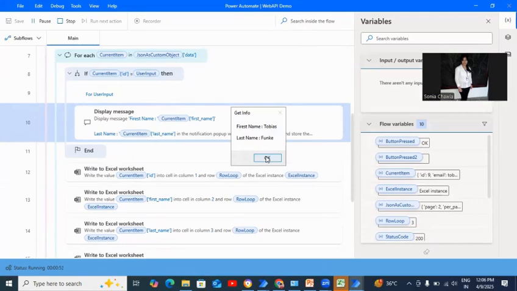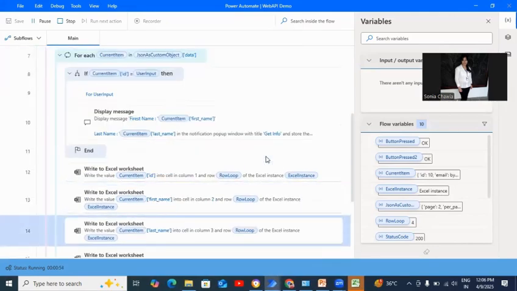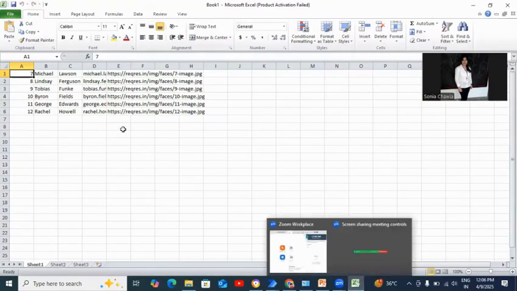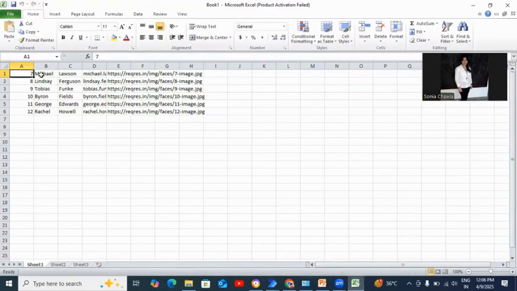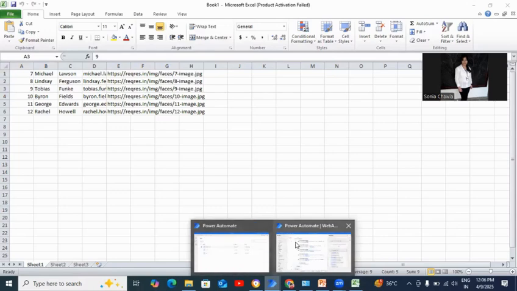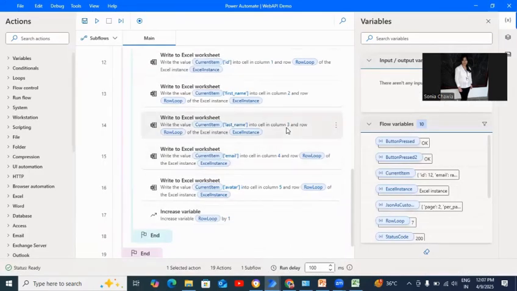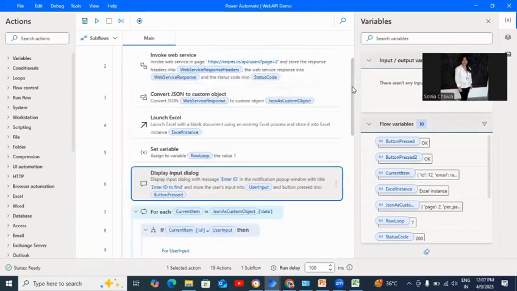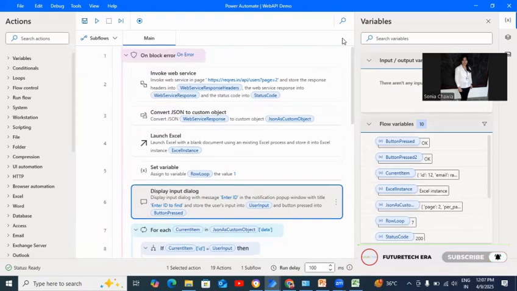And then we click on this OK button. You can see all the values we are getting, Michael Lawson in there. But what you want to show, 9, is this value. So this is showing the first name and last name. This is the process of web API and saving data in Excel format. Next we will check other things. Currently I'm showing you the web API with GET parameter and saving data in Excel. Thank you.